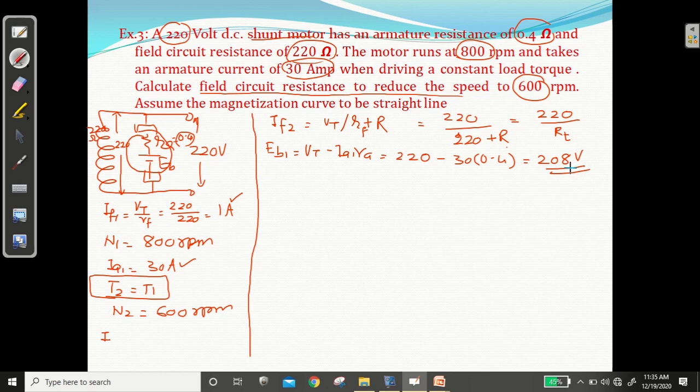Clear? Now EB2 निकालना है तो क्या लगेगा, IA2 लगेगा. When you are interested in EB2, IA2 will be required. So torque condition will be required. Torque condition क्या है? I have given T2 equal to T1. Phi2 IA2 equal to Phi1 IA1. अब बोलेंगे सर ये तो शंट मोटर है, फ्लक्स विल बी कांस्टेंट. कांस्टेंट रहने वाला था, बट यू आर गोइंग टू इंसर्ट हियर रेजिस्टेंस, राइट? सो अभी चेंज होने वाला है.